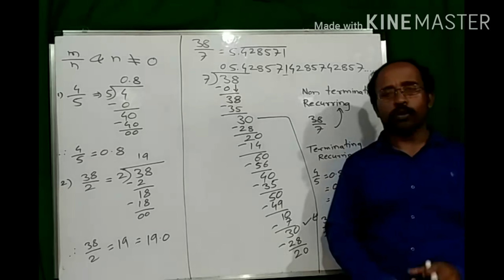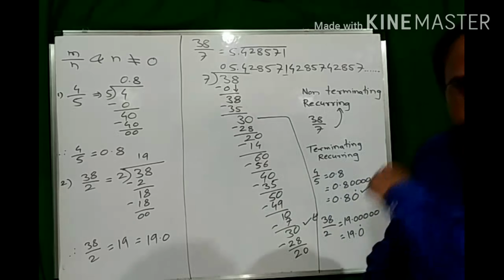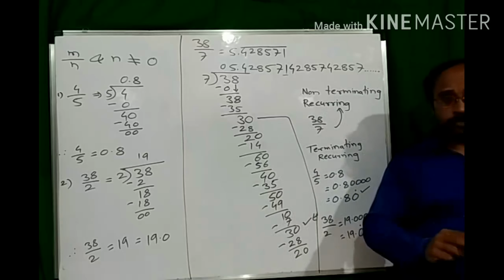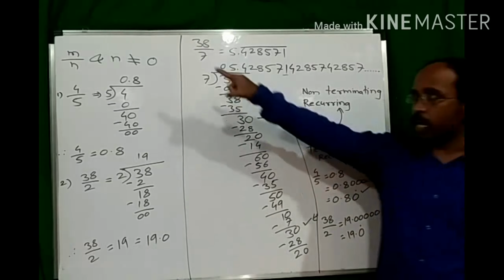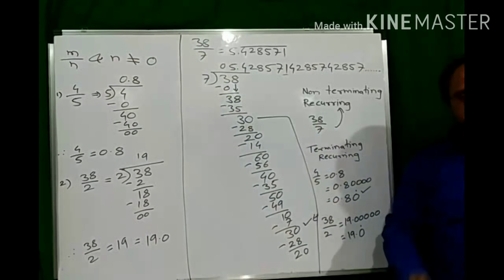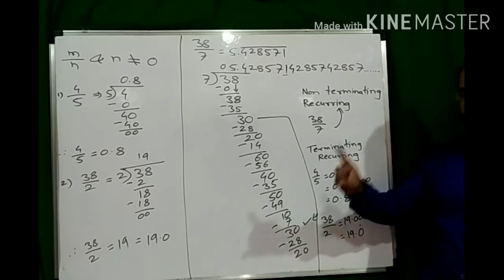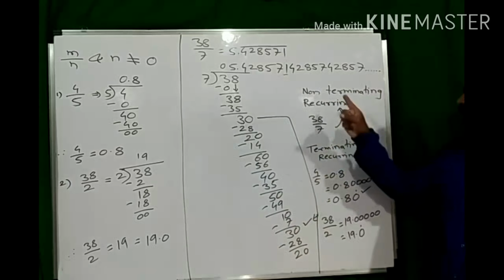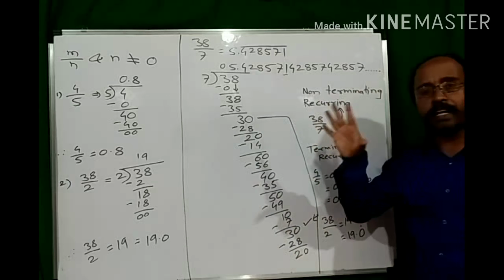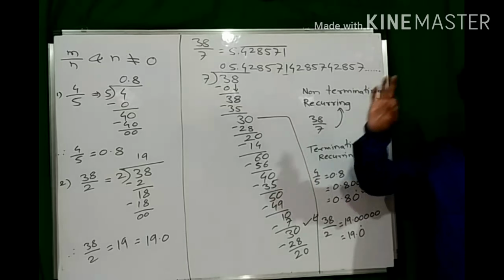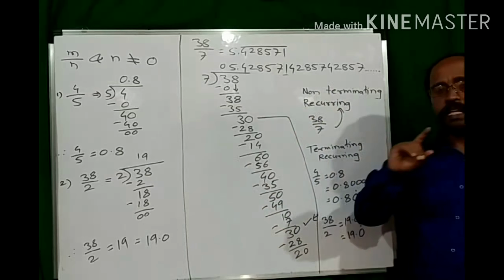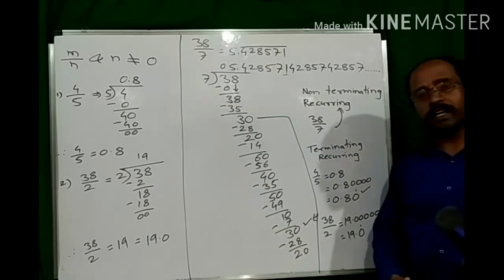Okay, students, so in this video we got two definitions of rational number. First is a number which can be shown as m upon n. Second, a number which has a decimal representation of non-terminating and recurring form. Such a number is called a rational number. In the next video, we will see what is meant by irrational number.